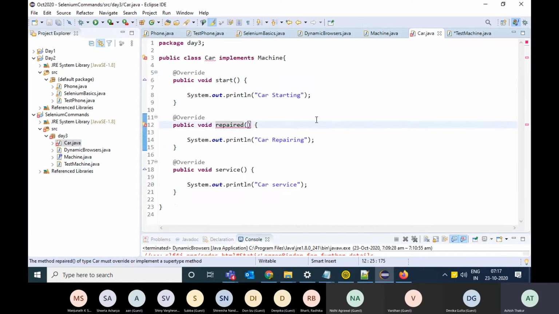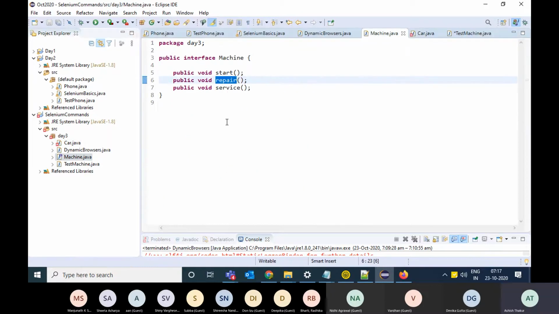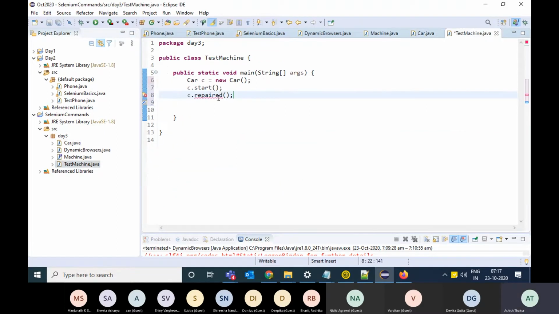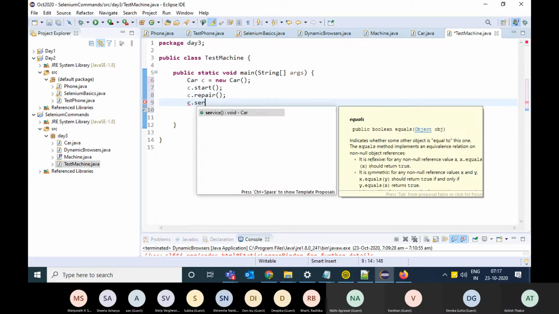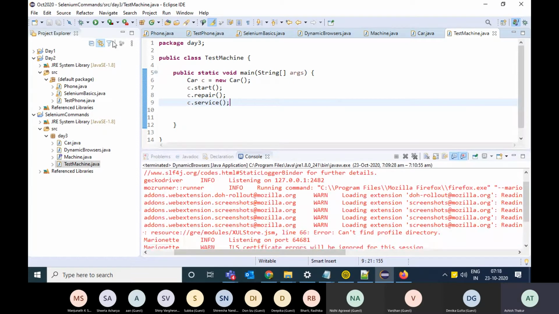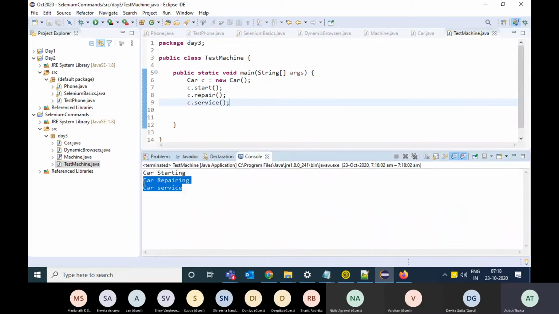See, if I change the name of the function in the interface, I start getting an error in my class as well because the function name has changed. So I'll have to change it over here as well. Okay, so you can call these three functions of the car class, right? And if I run this code, you will see that all the three things will print.